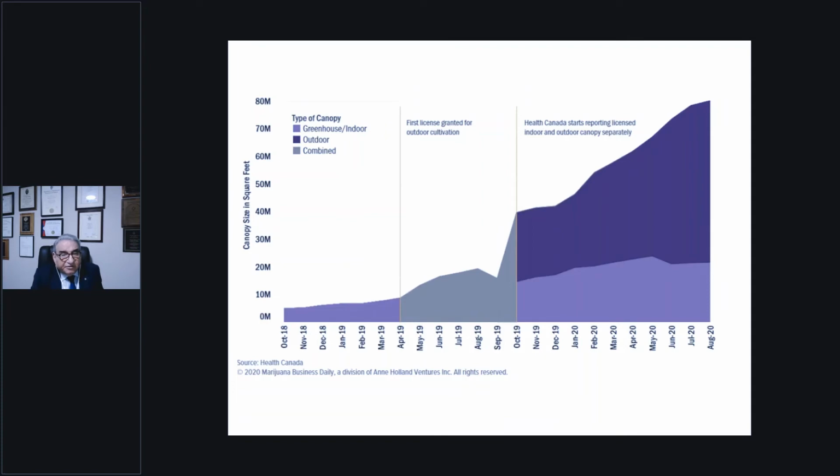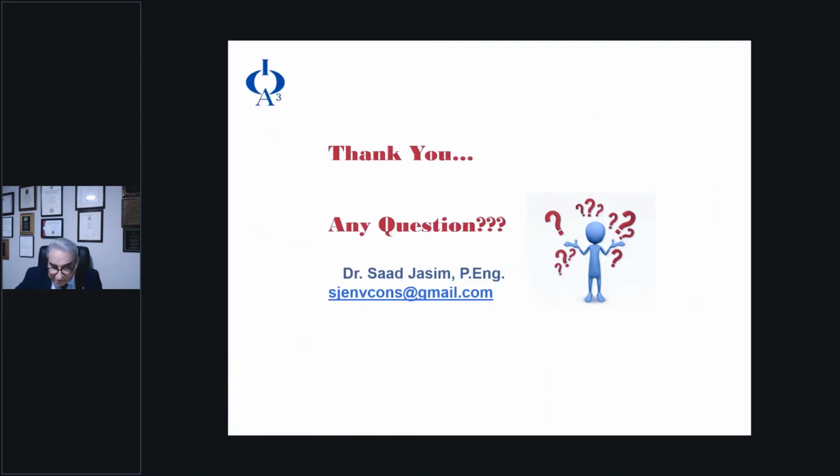And you see here the graph shows the increase in cannabis over the years, 2018, 2019, and 2020, and it's growing further now after 2 years. And you see the growth in the greenhouse, and this is also combined, and this is now the outside as well. So it's a big industry coming up, and there are more than 50,000 of a greenhouse industry operating in Canada, in Ontario especially. That concludes my presentation,